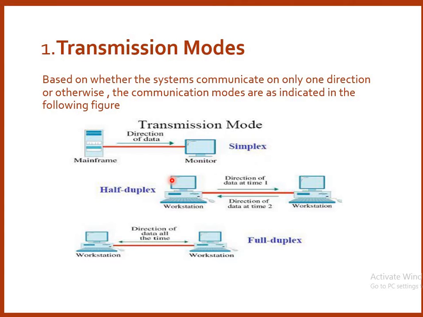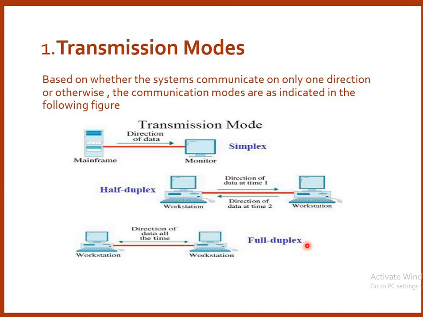Second type of mode is half duplex. In half duplex, the transmitter and receiver act as a transceiver based on the condition, but they will act either as a transmitter or as a receiver. Here an example is given. We have two workstations. From workstation 1 the data is transferred to the second, and from the second the data is transferred to the first. But if the first workstation acts as a transmitter, at the same time it will not act as a receiver. It will act as a transmitter or as a receiver, and the same is applicable to the second workstation. Its example is a walkie-talkie used by the police.